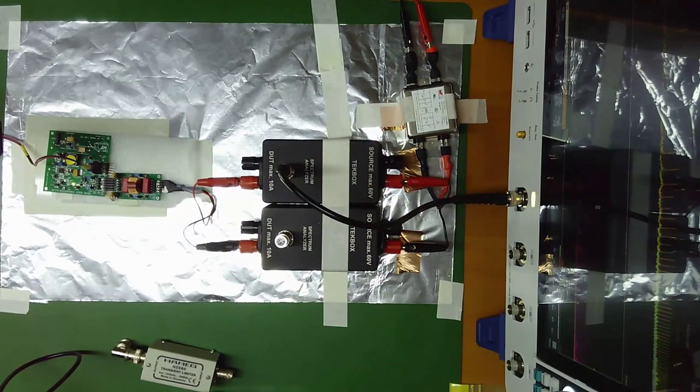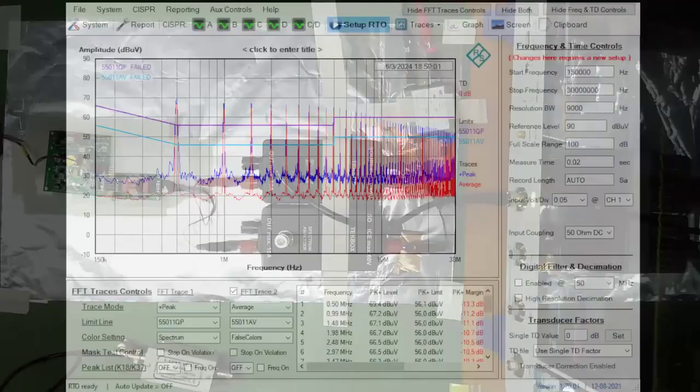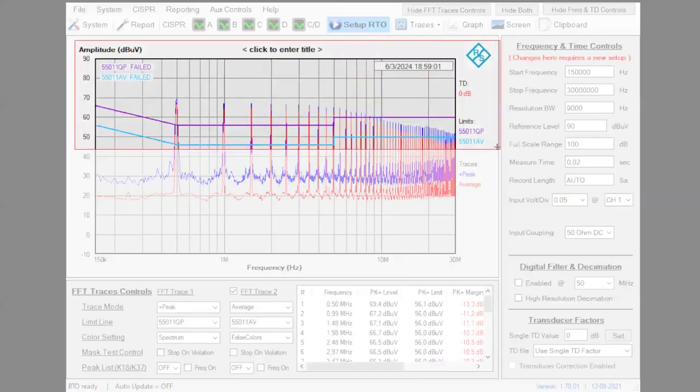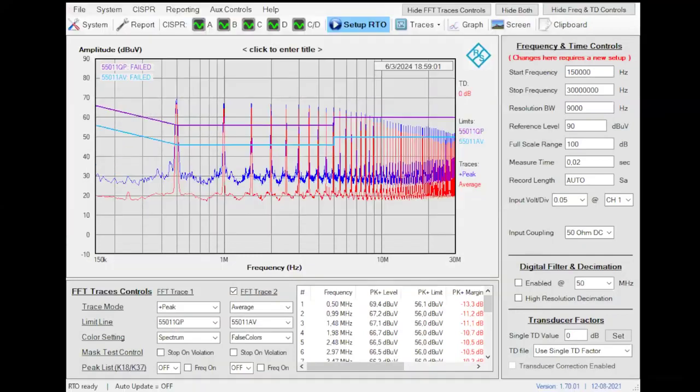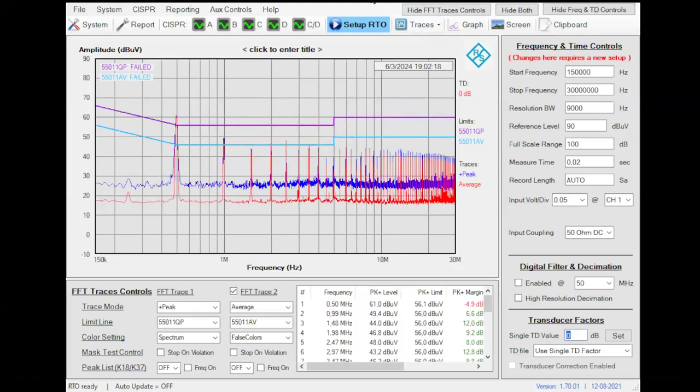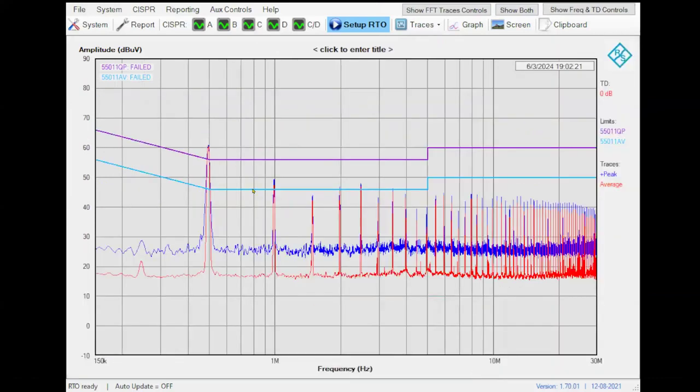So we go here to the measurements. Let me go to the software of Rohde & Schwarz. So this is our actual measurement. Let me take a picture of this result. This is before the filter, and then we will be able to compare. And now let's recover again the measurements. So let's take here FFT. Okay. So you can see that I am removing a lot of emissions, but in some emissions I am